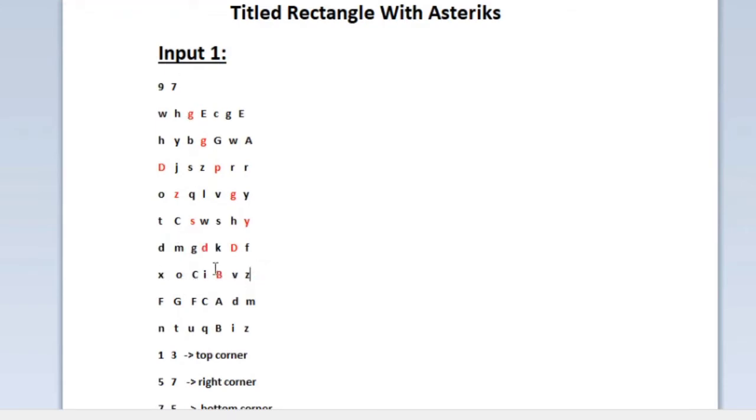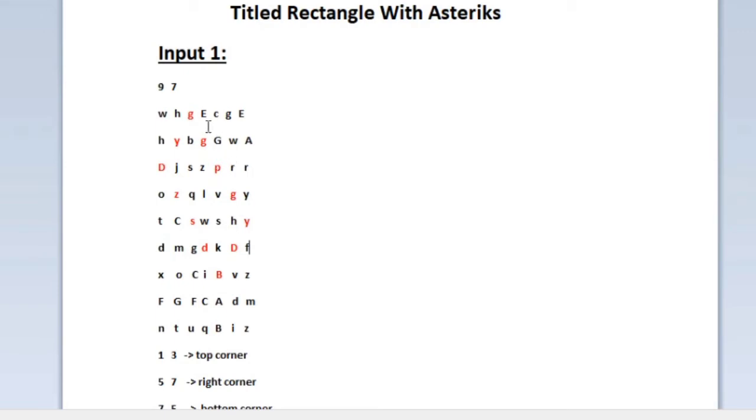Now we have connected the left corner and bottom corner, and only the left corner and the top corner are left unconnected. So we should connect these two coordinates finally. The left corner must be connected with the top corner, and the only character present in between is Y. So I am highlighting that character Y also. Now we have connected all the coordinates, and we can see that we form a rectangle pattern. This rectangle is tilted 45 degrees.